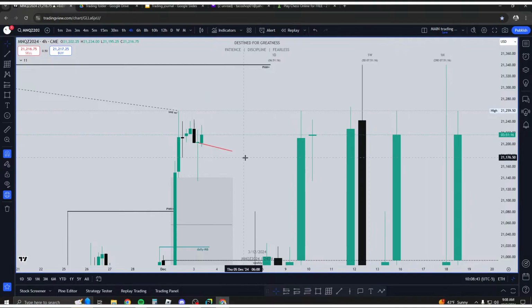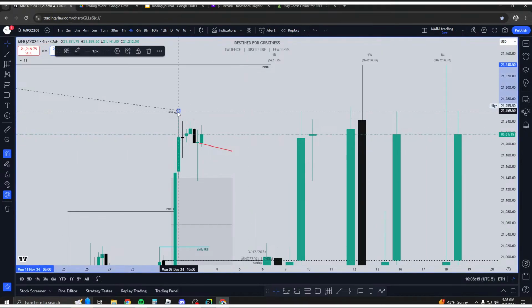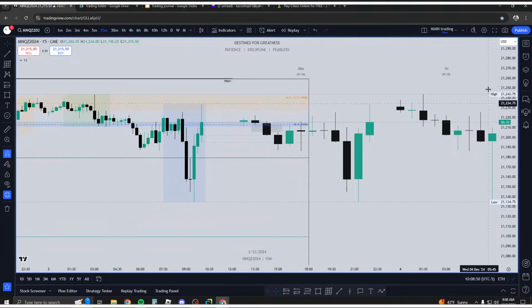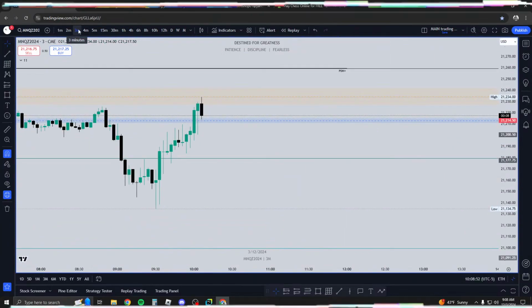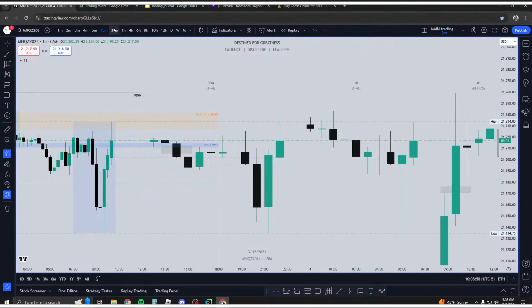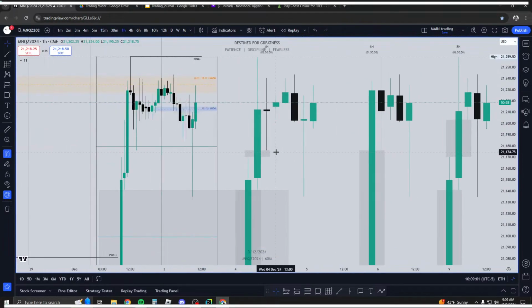But there's rules to it here. Why did I not take this trade? It's because there is no displacement. There's nothing I could have taken on the lower time frames to be a part of the move higher. That's just something that I do want to keep going over and over, because it happens every single time.